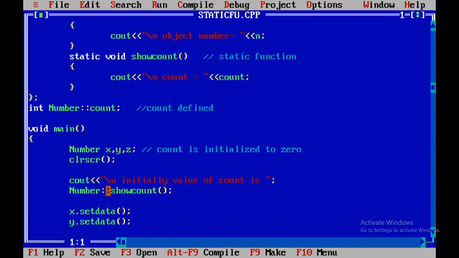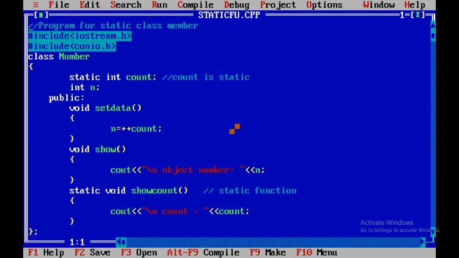Here we are calling the showCount method: Number, scope resolution, showCount. So first time here we are calling the showCount method. When the first object is created, count will become 0, initialized to 0.